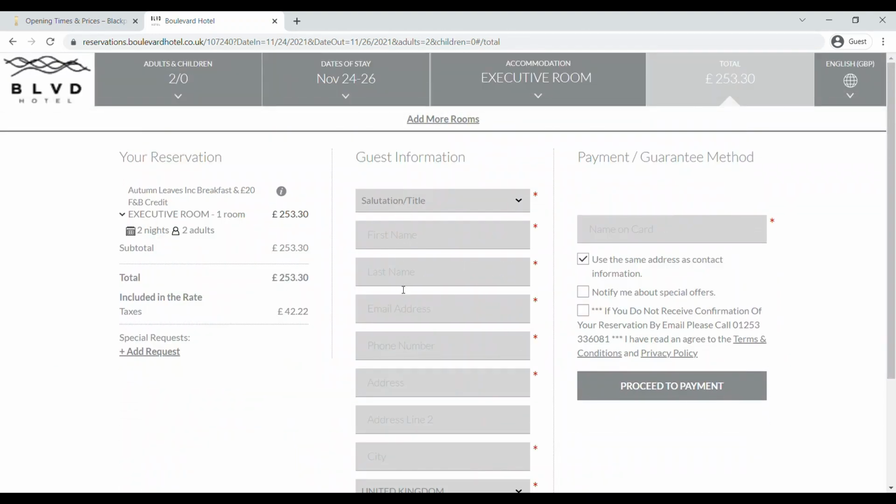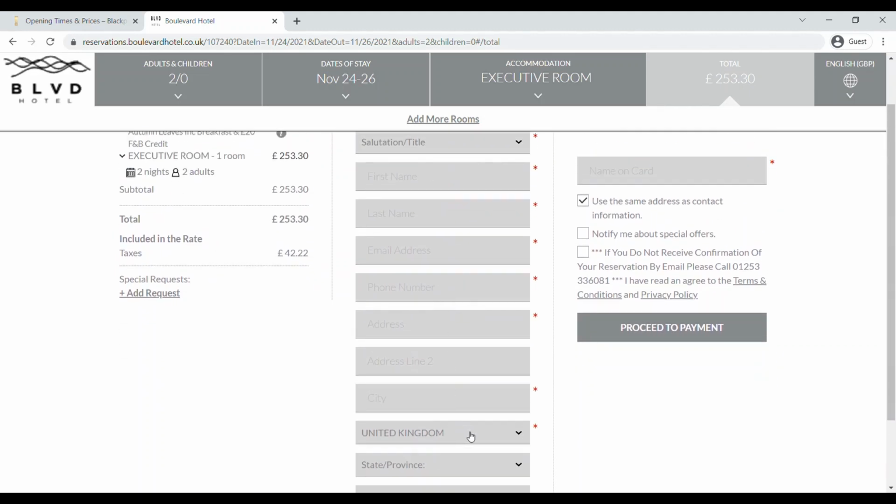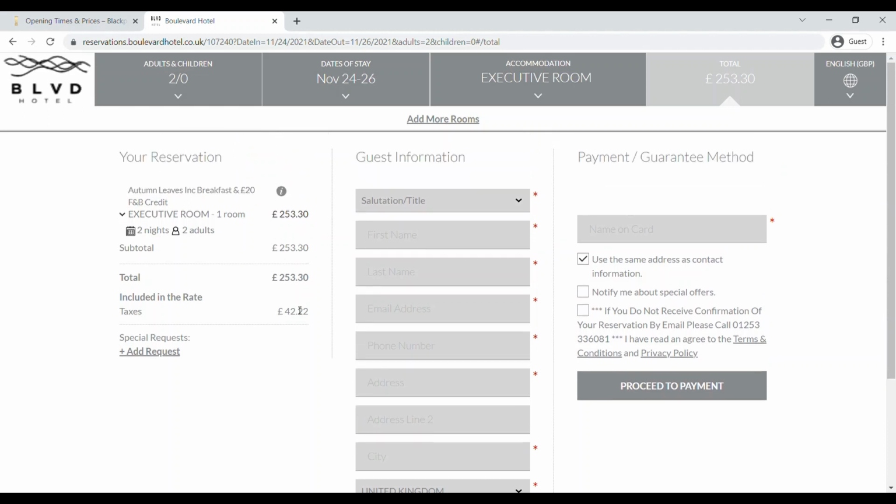And then, of course, you do have all of your necessary information here, and all the things marked with a red asterisk are things that you need to put in to be able to book it. And it does also talk about all the taxes that are being added on, and all of that stuff. So yeah, that's really how you book the hotels and e-tickets,